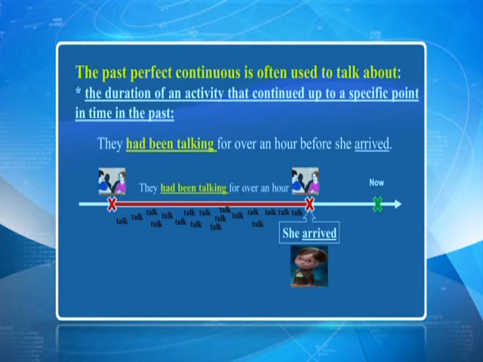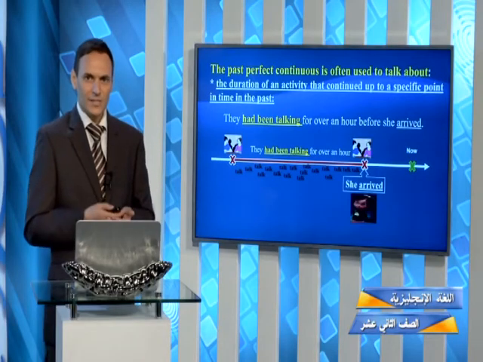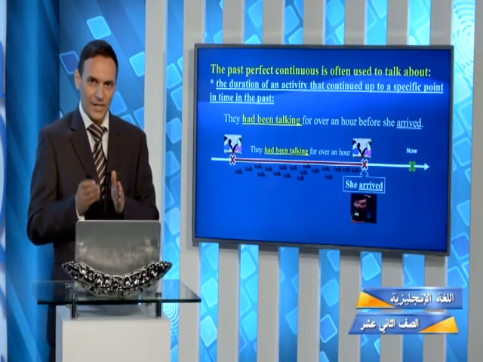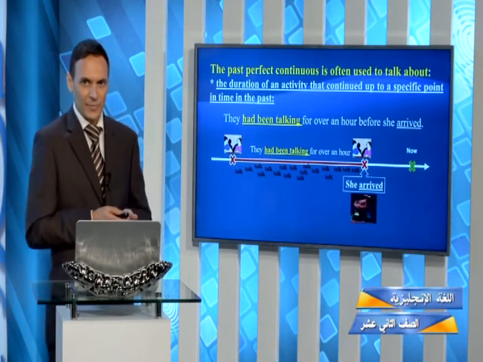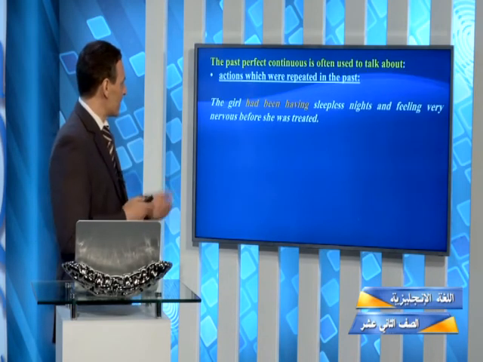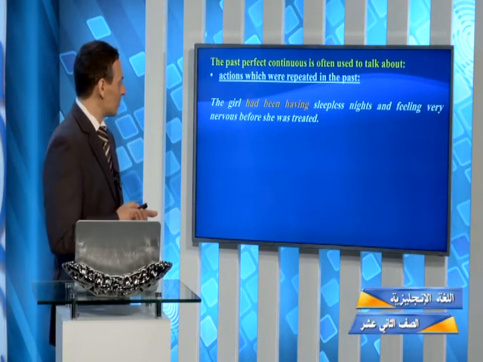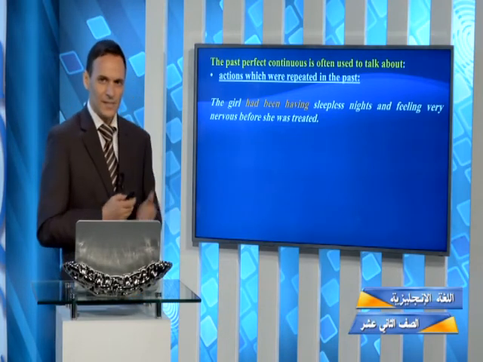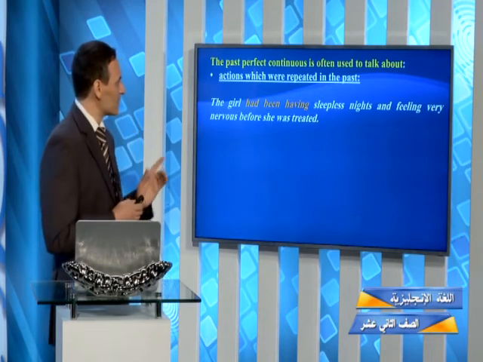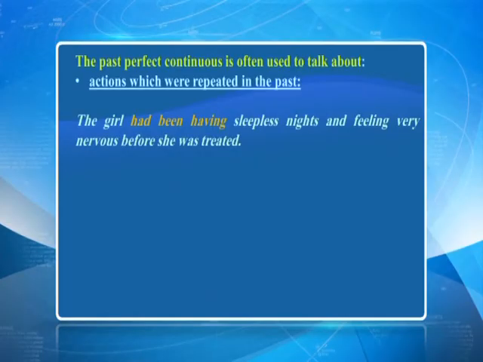Now notice that when we use the past perfect continuous, most of the time we use keywords such as for and since. But again, we are talking about two actions in the past. Right? Here is another example. The girl had been having sleepless nights and feeling very nervous before she was treated. In this example, we use the past perfect continuous tense to talk about an action which was repeated many times